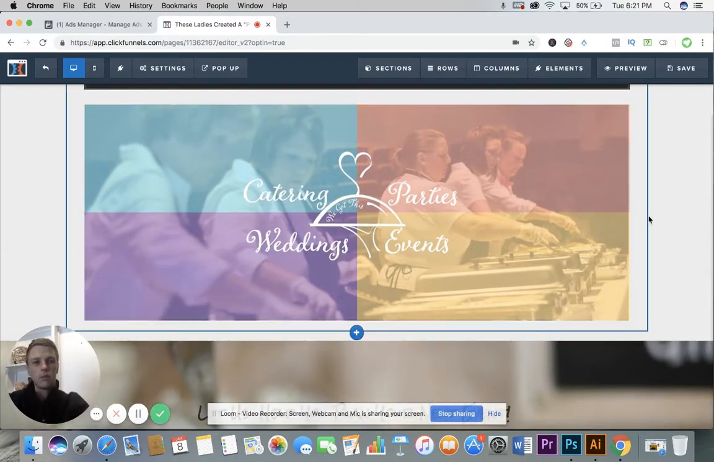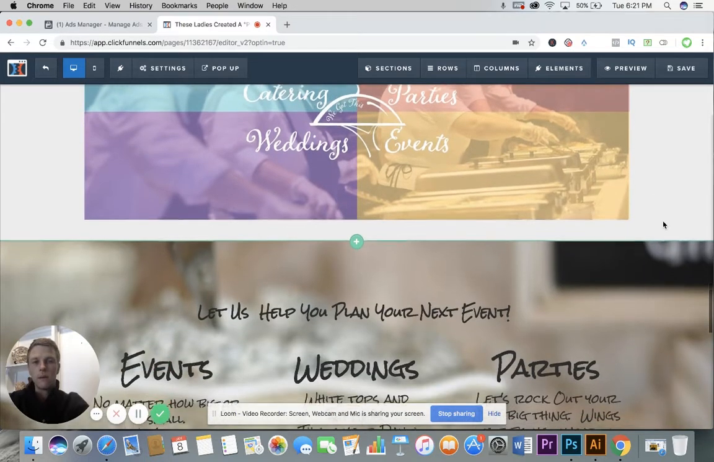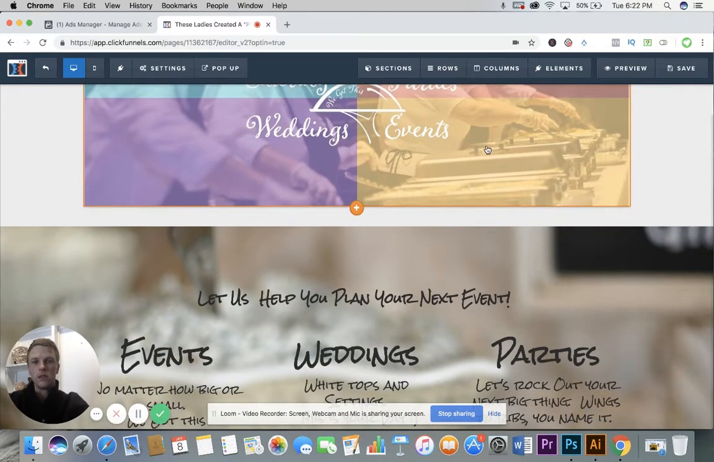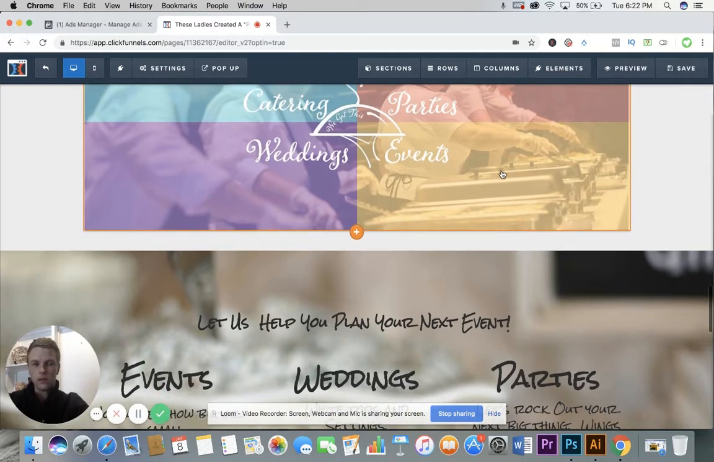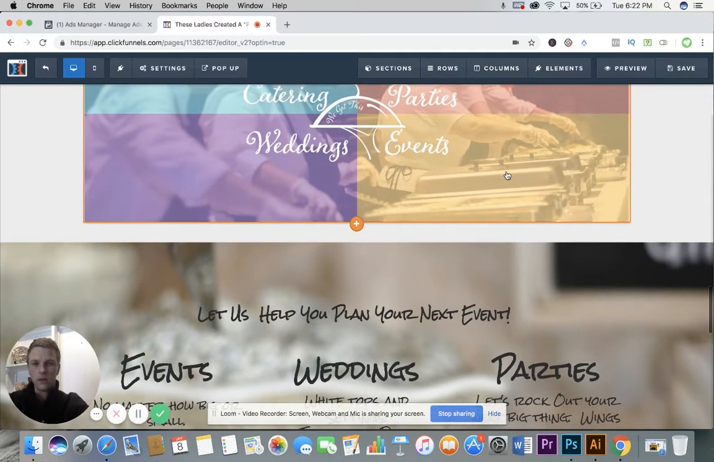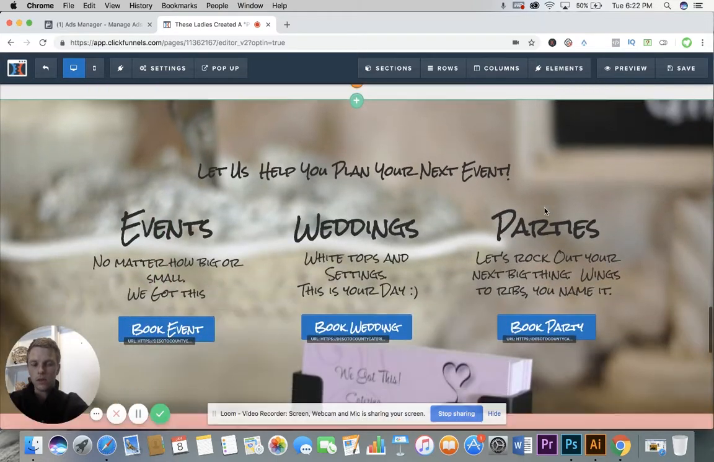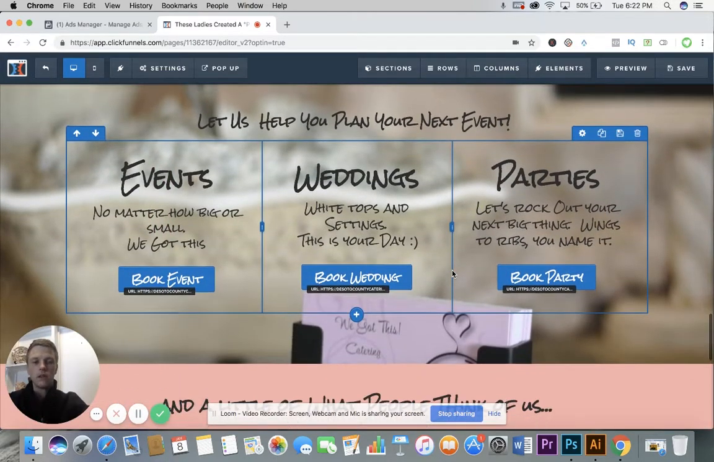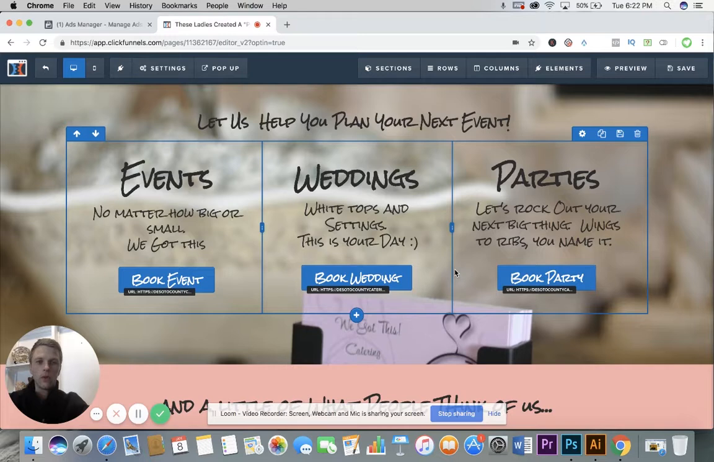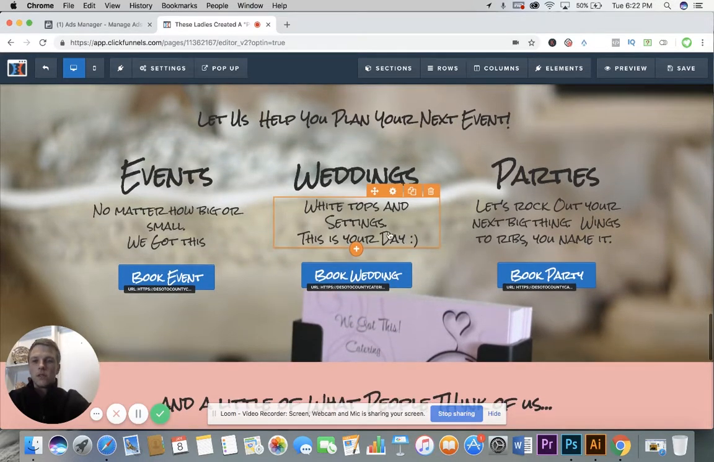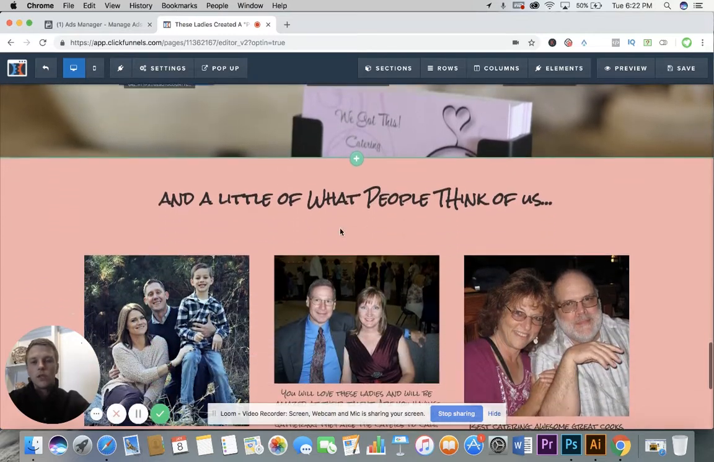This is to add a little more professionalism here, and obviously details on what other things that they do other than just catering. And these are specific events. And then each one of these buttons, obviously, like I mentioned before, they all go to the next page in the funnel. And so as you scroll through,